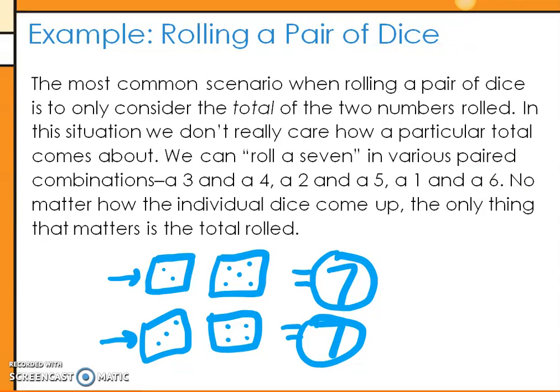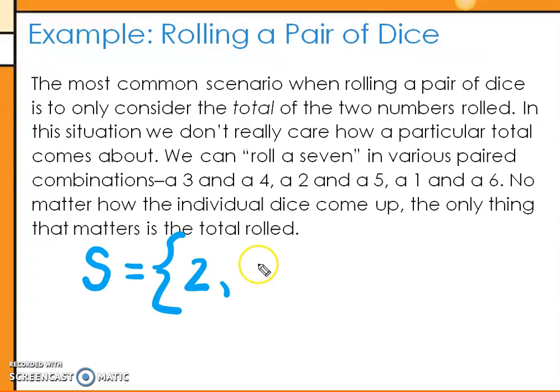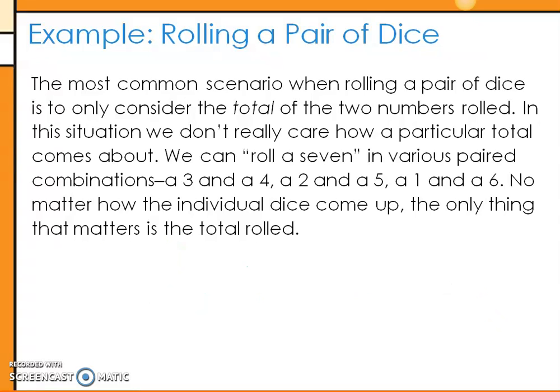So if I'm writing out the sample space of just the sum, what could happen? The lowest total I could get would be 2, if I roll a 1 and a 1. Really, we could get any total up to, what's the highest thing you can roll on a die? If I get 6 and 6, I get 12. So the sample space is just the numbers 2 through 12, which is 10 different numbers? If we're trying to come up with N, the size of that sample space. That shortens it a bit. If I wanted to write down every possible outcome, notice that it would be a little longer.